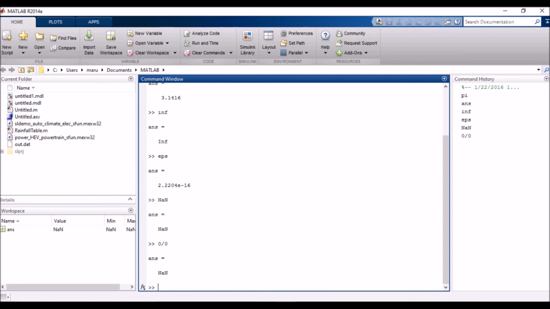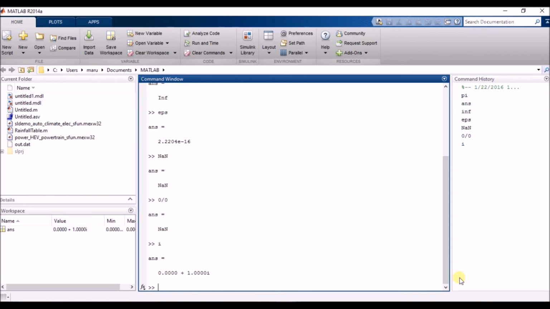And some of the things which can be used as variables are i and j. These can be used within the loops where the complex variables are absent. For example, typing i, we get the answer because it is taken as an imaginary value. These are some predefined variables within the MATLAB software which we can't redefine.